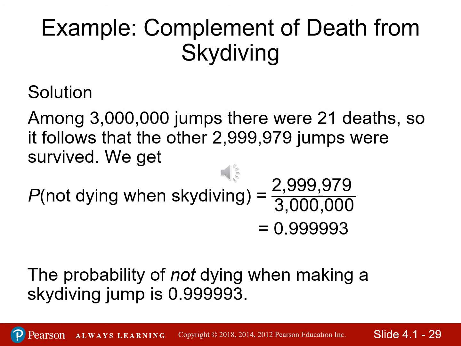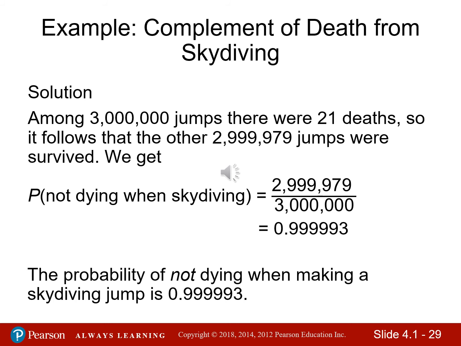Among the 3 million jumps, there were 21 deaths. So it follows that the other 2,999,979 jumps were survived. So we get the probability of not dying when skydiving is equal to 2,999,979 divided by 3 million, which gives us a probability of